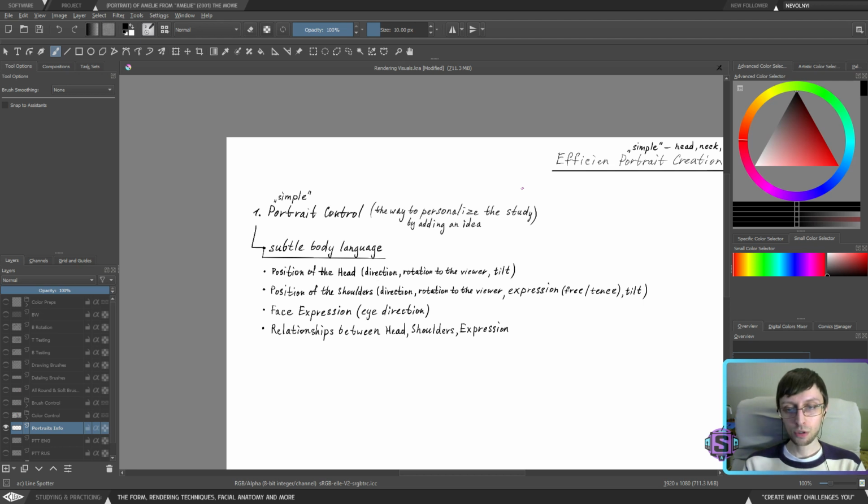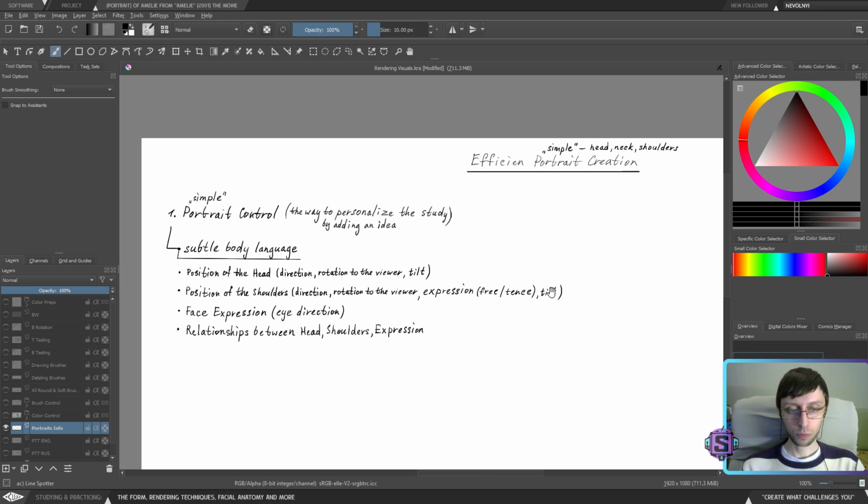100% efficiency comes when we have the actual control of the portraits. I mean, when we try to personalize them somehow, when we try to not just take a photo and retrace it or paint over it, but actually use the existing portraits to create our personal representation of this portrait, create our own portrait, which is the idea of the control of the portrait. Because again, we're going to study Emily, we're going to study her psychology, we will look at her references, we will try to pick up the elements of psychology in her look, and we will try to implement those elements of psychology into the actual personalized portraits. So yeah, let's just go into the second stage.